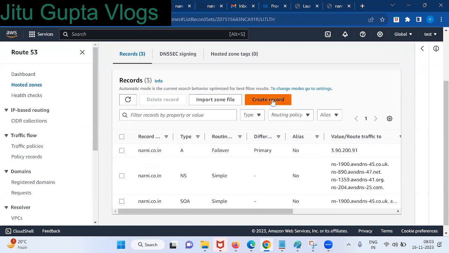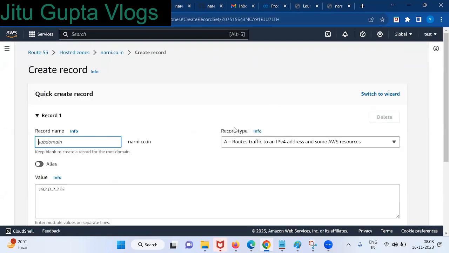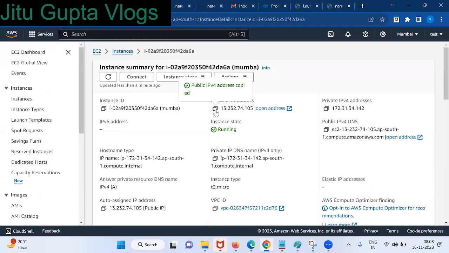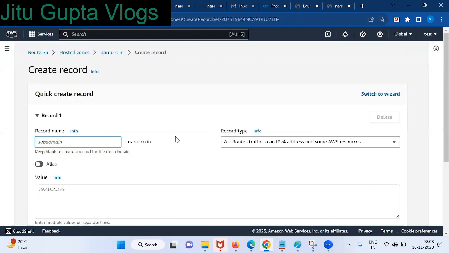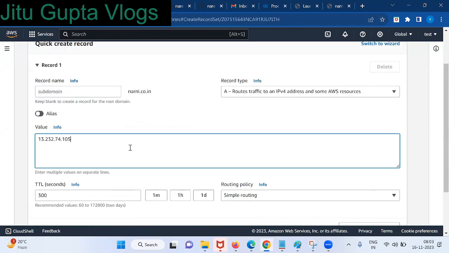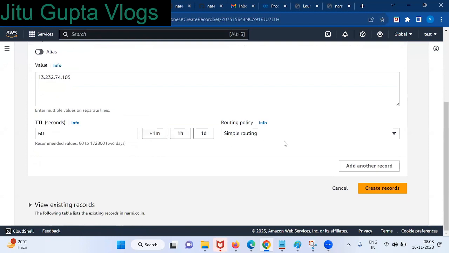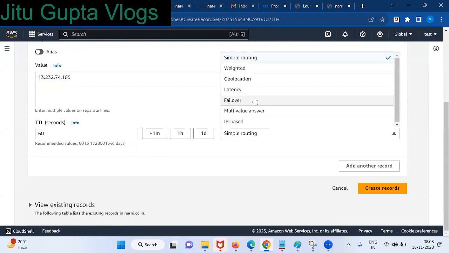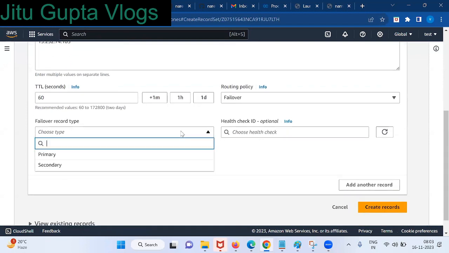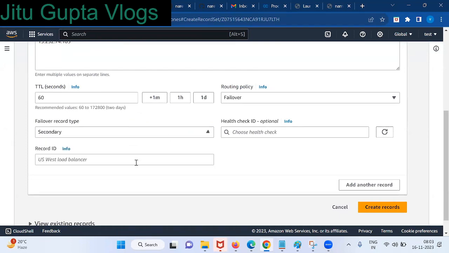I need to create one more record for the second server, right? So check your second server. This is the second server. One minute. Failure routing. This time, secondary. Here,